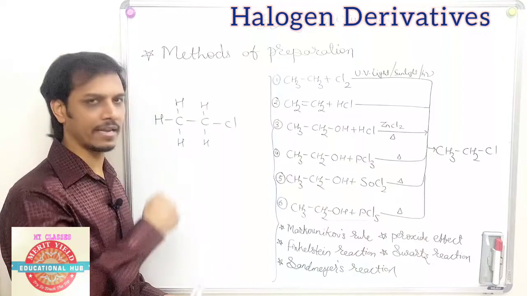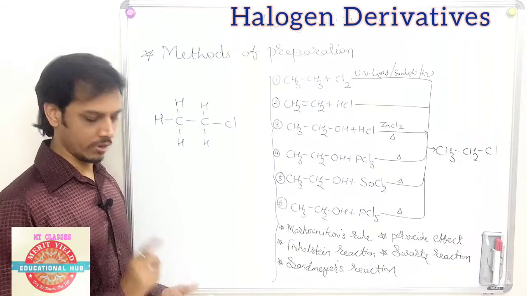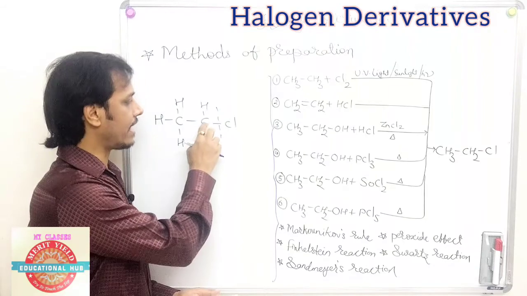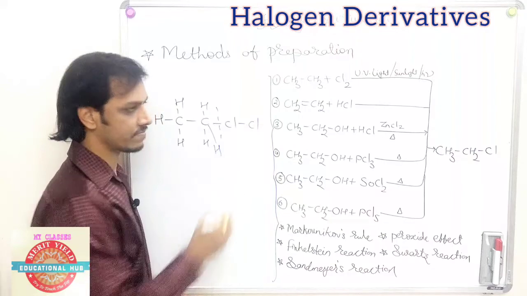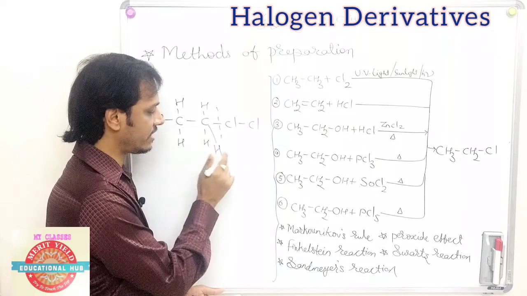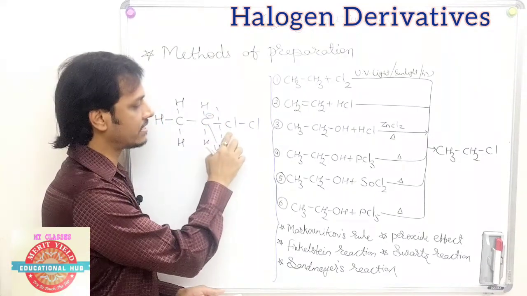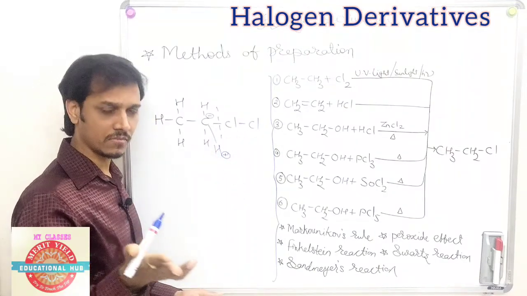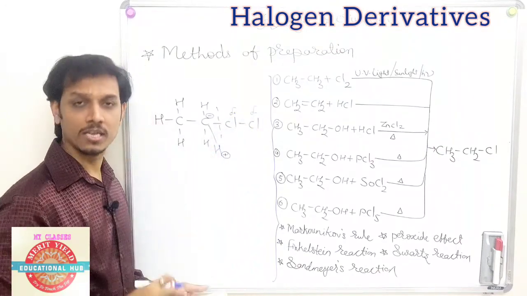For that you can break it, you can rearrange it, you can do a number of things, whatever you feel comfortable. So first thing, I am breaking the bond from this end, and here I will take one H and here I will take one Cl. I'm just taking it. Why is it so? What is in my mind? If I take H here, the H will be positive, the remaining part must be negative. And here if I'm taking Cl with Cl, out of these two, one of the Cl we have to make, by using a Lewis acid, delta positive and delta negative and do the reaction accordingly. So that's the next part.